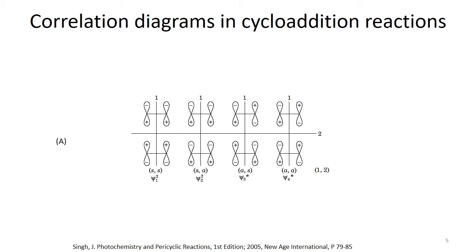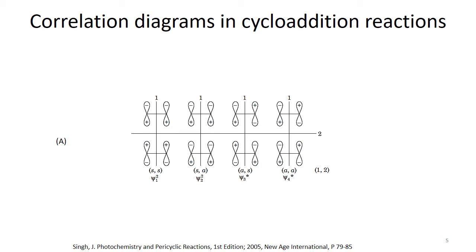So in case of psi4 star, if it is antarafacial interaction, it means that we have one node and another node here. So it means that we have higher nodes here. Here there shall be three nodes, because one node is in between the nuclei too. So this is how we arrange the molecular orbitals according to energy level.